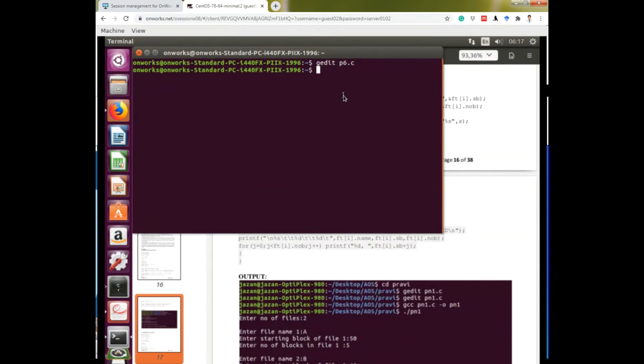Then you open the terminal. Here today is different. You have to type gcc, the GNU C compiler, then p6.c meaning the name, then dash o, then p6.